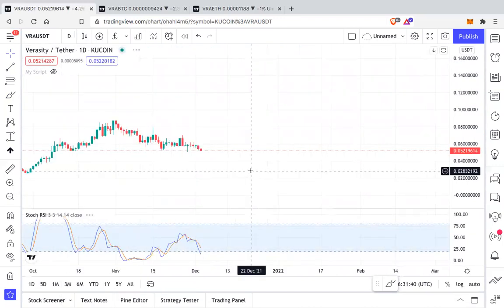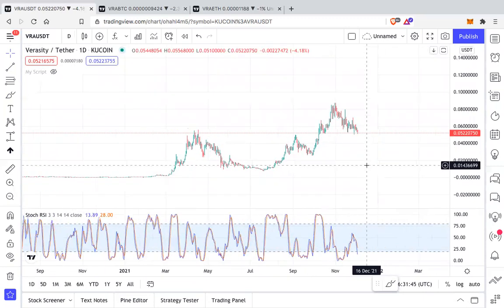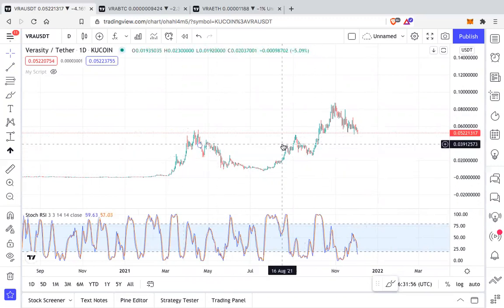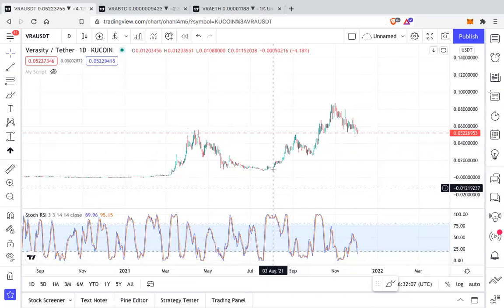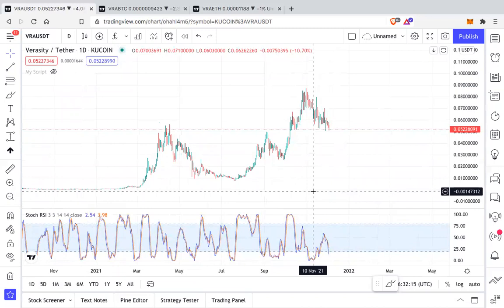So I think what we need to now wait and watch is what Bitcoin does, because in my opinion, I have told this many times on Twitter, that VRA is completely coupled with Bitcoin. So if Bitcoin drops, I think none of this analysis matters. If Bitcoin crashes, VRA will very likely crash. If it does not crash, it will be great. But consider that it will crash and plan your risk accordingly. So don't just look at the VRA chart, also look at the Bitcoin chart. Every week I provide Bitcoin 1 minute analysis, and that should help you.